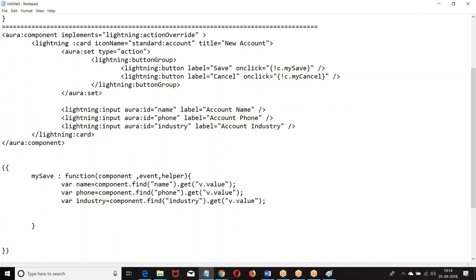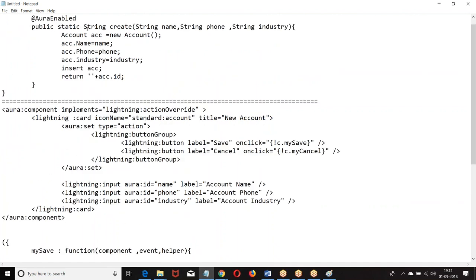This is how we create. Then, how do you call a method? Tell me, how do you call a method? We got the parameters, we are supposed to call a method where action equal to component dot get c dot. Am I right? Component dot get c dot create. Create is the method invoked from.